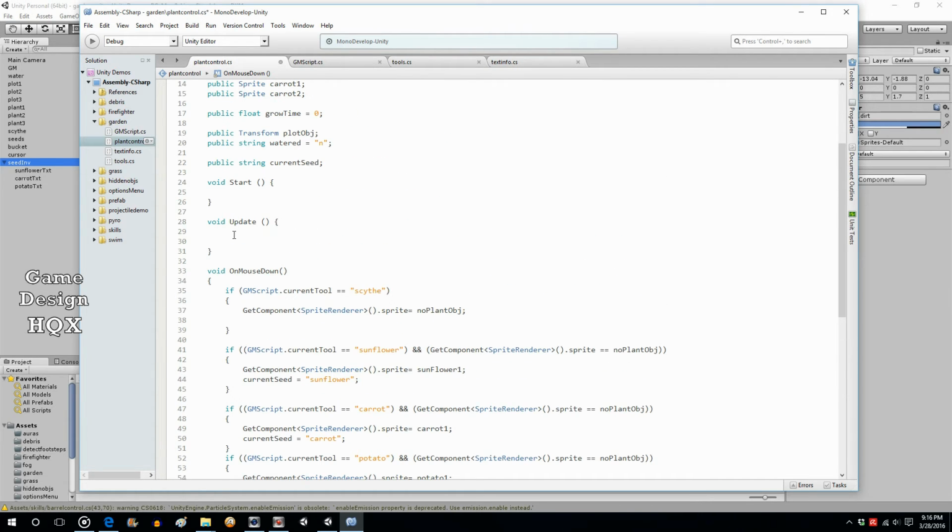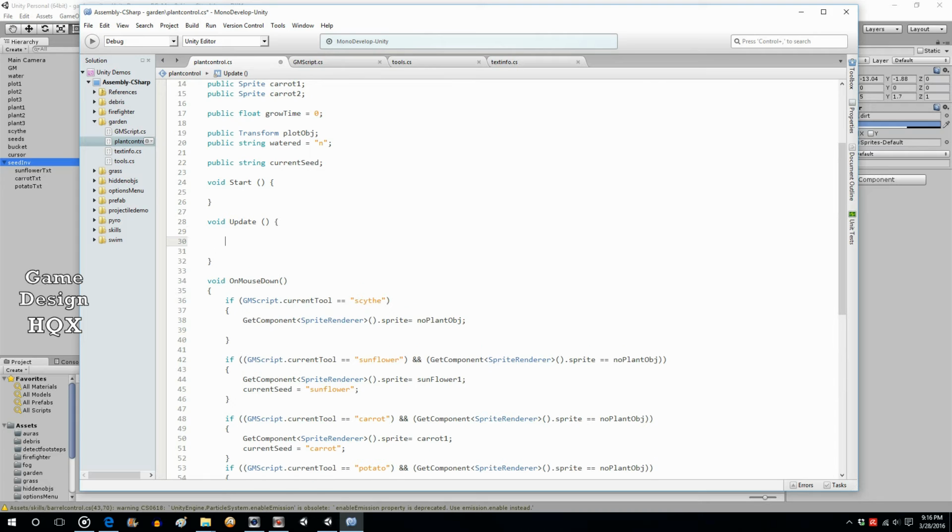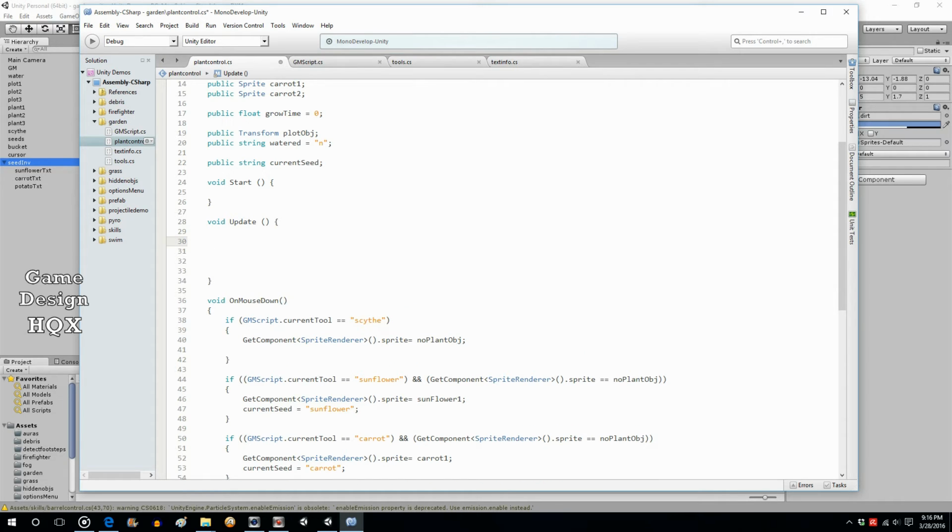Now what we do is we come into the update section. We're just going to rewrite what we did before. So a little bit's redundant, but like I said, sometimes you have to break the code to make it work. So if, and we said watered. Actually, we're going to check for watered, but we need to check grow time. So if current seed,